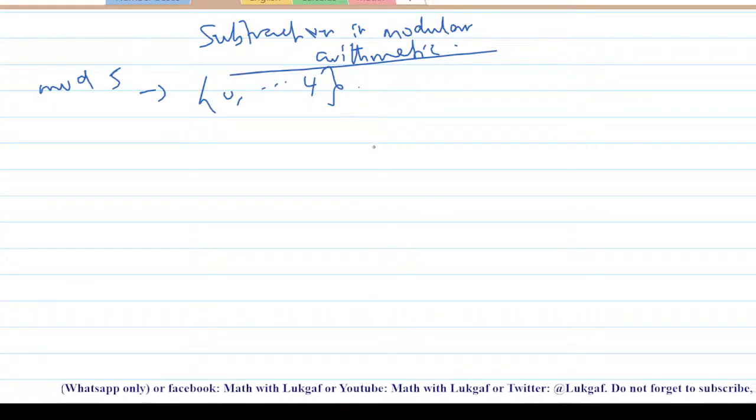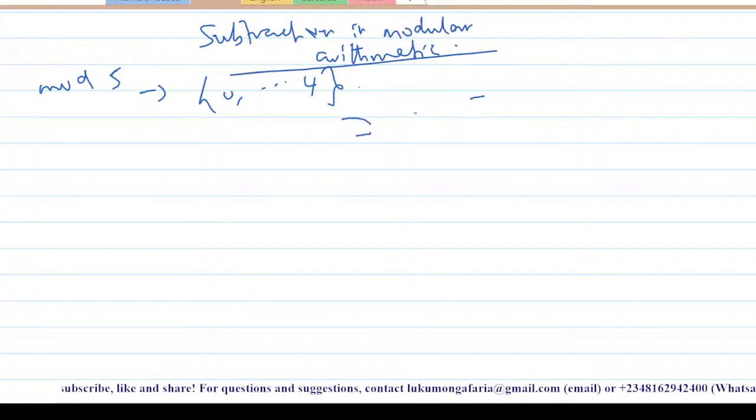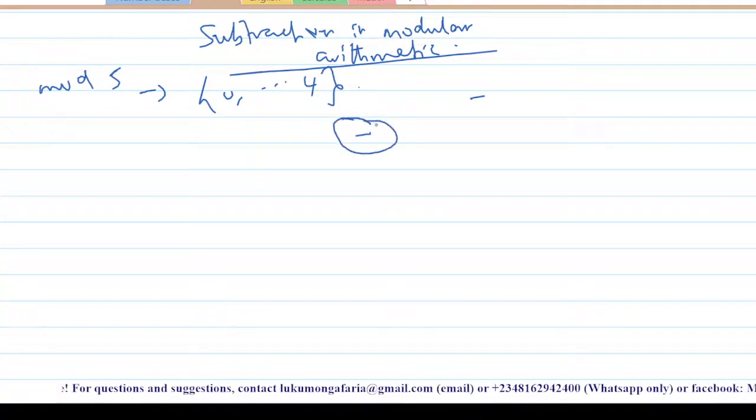So subtraction in modular arithmetic also follows the same approach and the same principle as subtraction of whole numbers. But what you must note, don't forget, if you write minus like this without circling it, then you have abused the operator, since we all know that when we are performing an operation in modular arithmetic, it is not a normal operation. Because you have to ensure that the result you are going to get is in that particular modulo. So how do we do this?